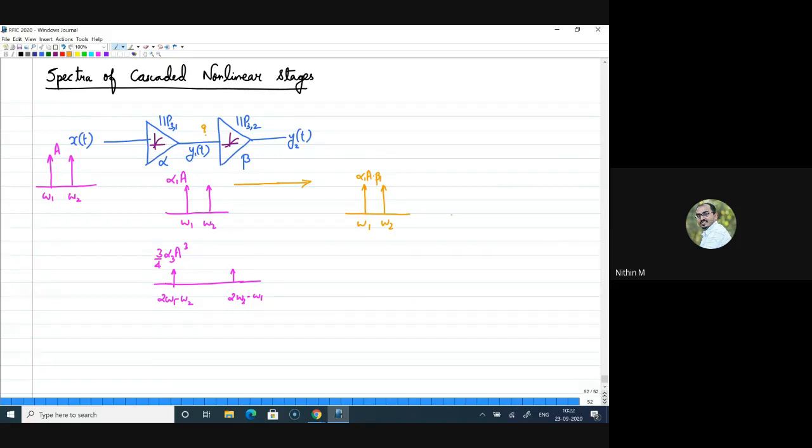So what will be the intermodulation term here? If I draw the intermodulation term corresponding to this, I will get two terms, one on this side and one on the other side, falling at the frequency 2 omega 1, sorry,